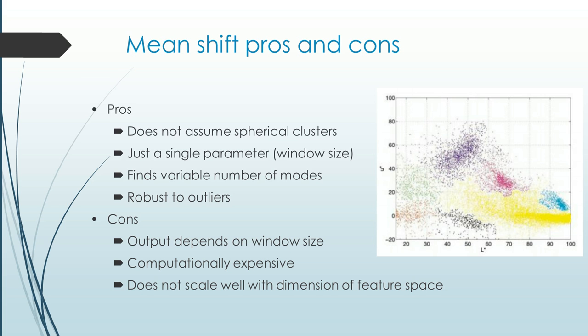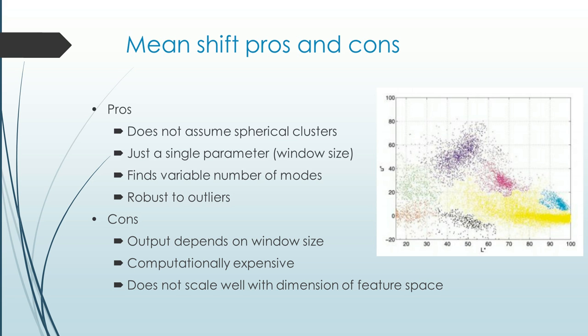So there are some advantages and disadvantages of the mean shift algorithm. Advantages, for example, we don't have to assume that we have spherical clusters, as I was mentioning before, and this is actually one of the main differences from the K-means algorithm. And we just have one single parameter that we need to define, which is only the window size. There's not too much difference between window sizes. In some cases, it also depends on the features, but basically this is only one parameter that we need to